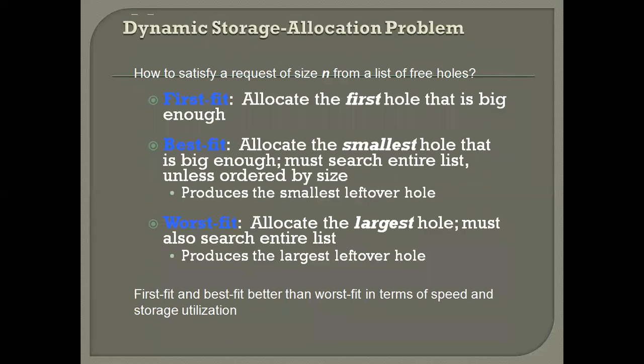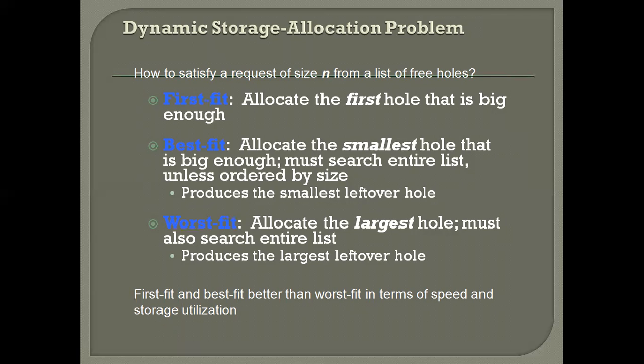Basically, the procedure is a particular instance of the general dynamic storage allocation problem, which concerns how to satisfy a request of size m from a list of free holes. There are many solutions to this problem. First fit: we allocate the first hole that is big enough. Searching can start either at the beginning of the set of holes or where the previous first fit search ended.